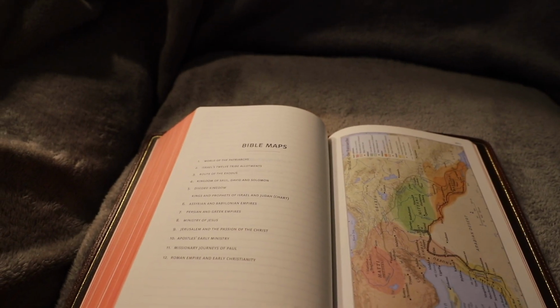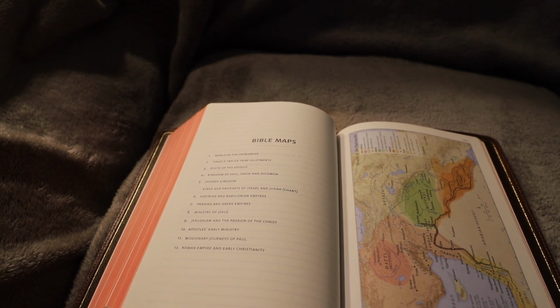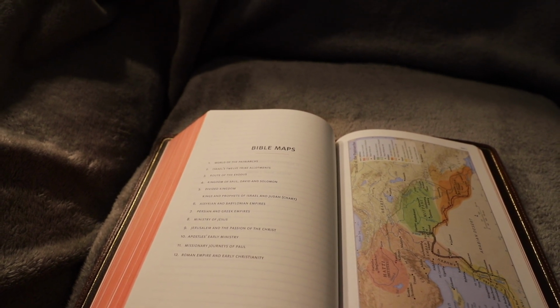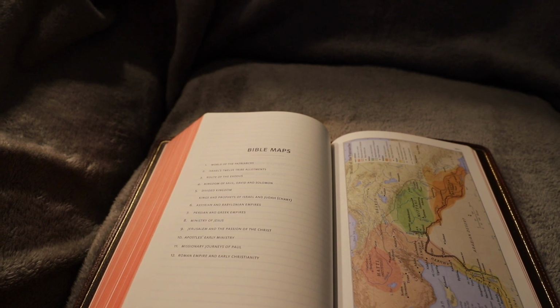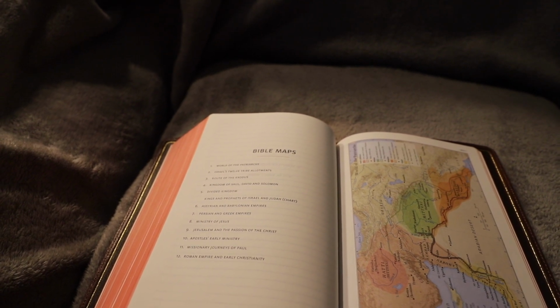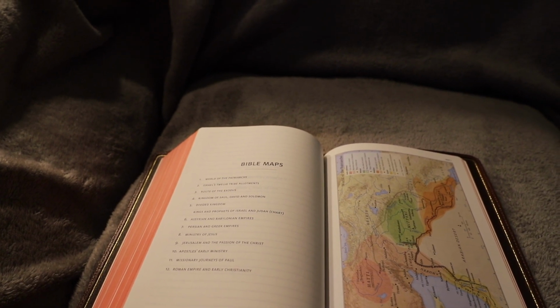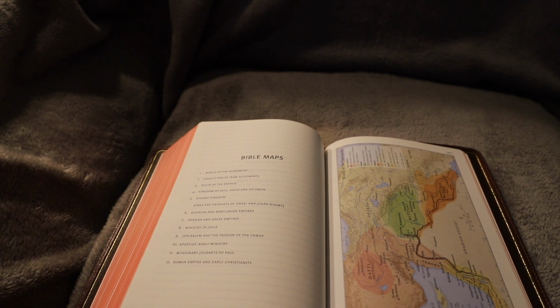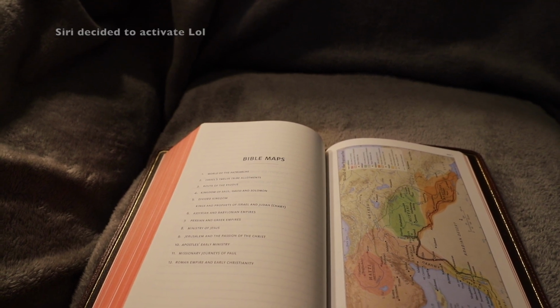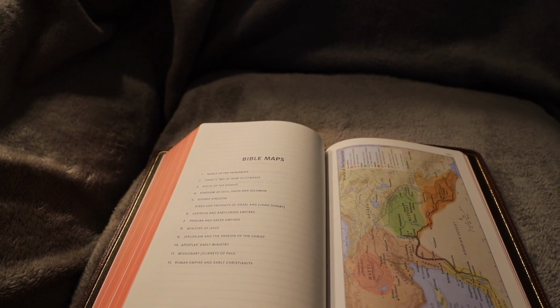So you've got your world of the patriarchs, Israel's 12 tribe allotments, the routes of the Exodus, kingdom of Saul, David, and Solomon, the divided kingdom, king and the prophets of Israel and Judea, the Assyrian and Babylon empires, the Persian and Greek empires, the ministry of Jesus, Jerusalem, and the passion of...